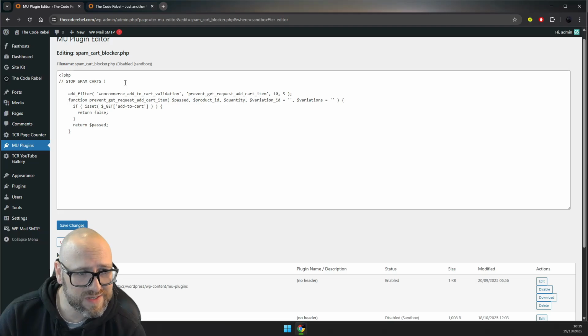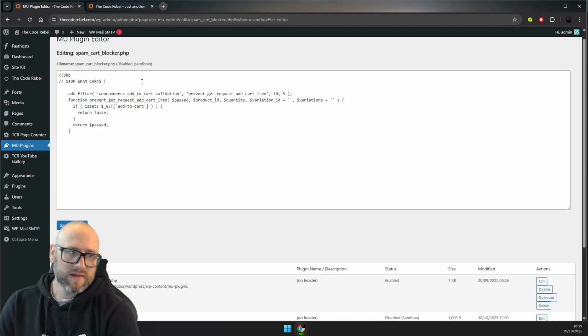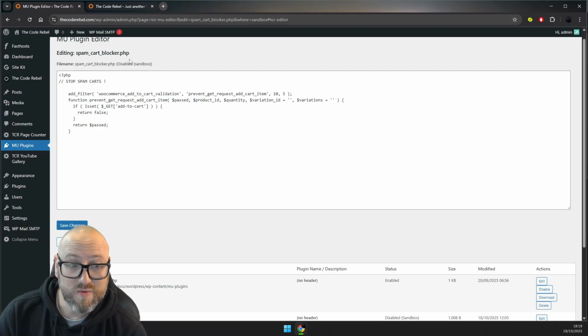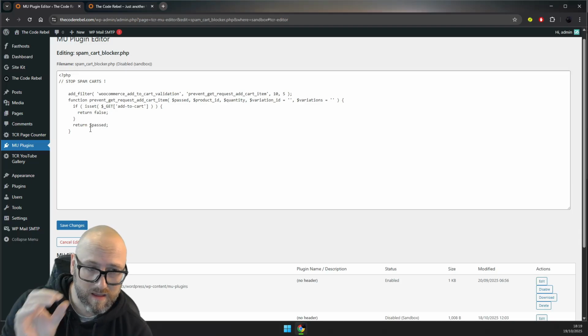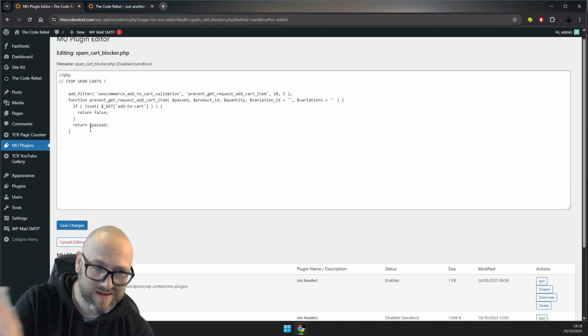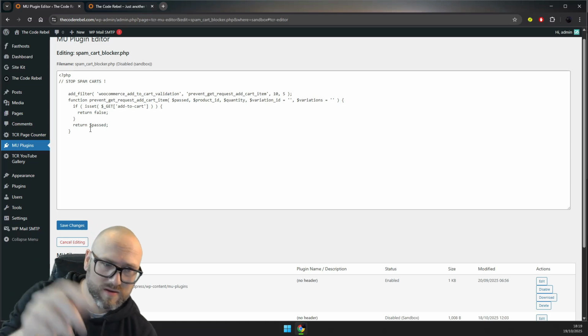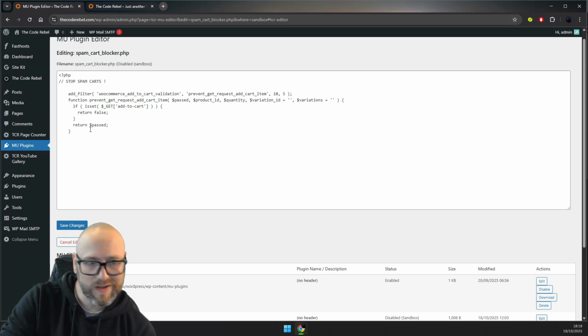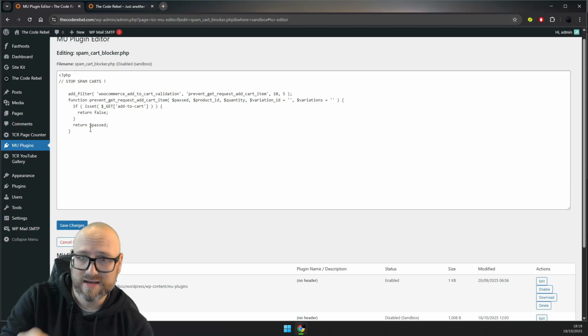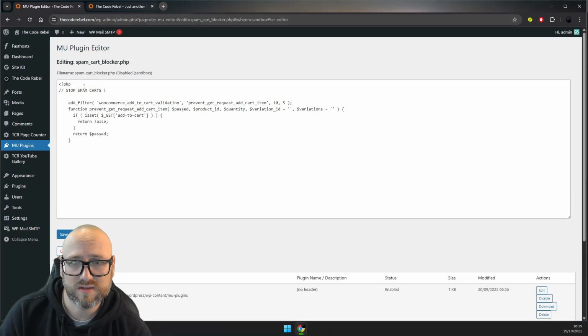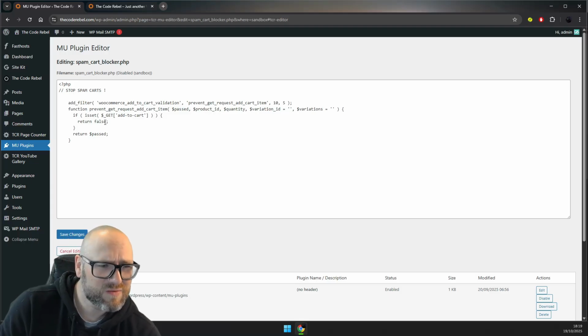That's all it does. It's nothing super complicated, but it works at blocking all the spam add to carts. And I'll paste this code on my website, so you can just take that spam add to cart snippet, and you can go to my website, you can download the plugin. Once you've downloaded it, added it, you just give it the title spamcartblocker.php